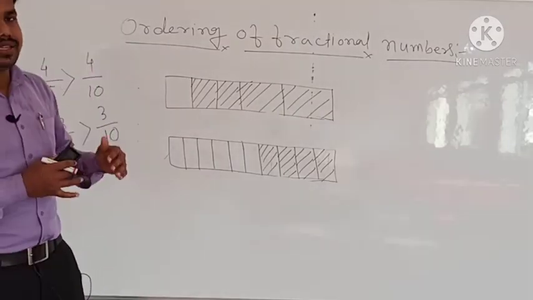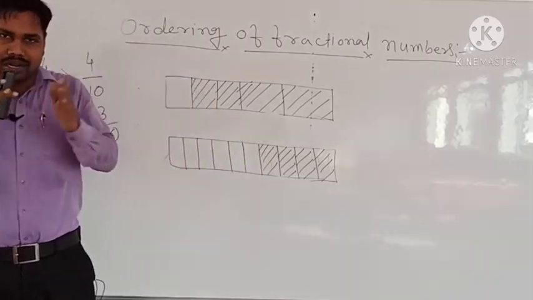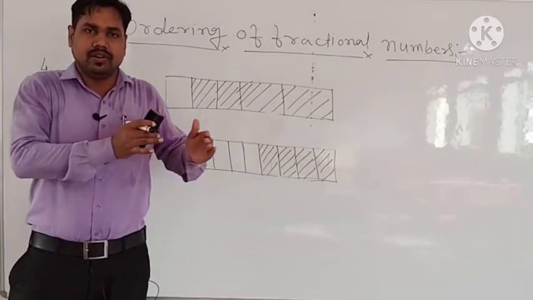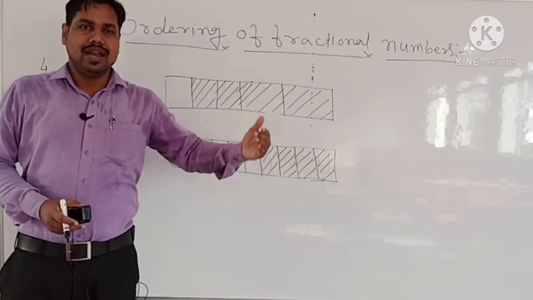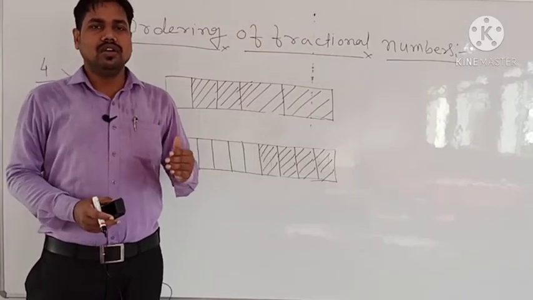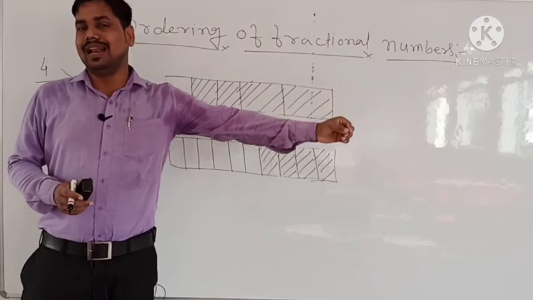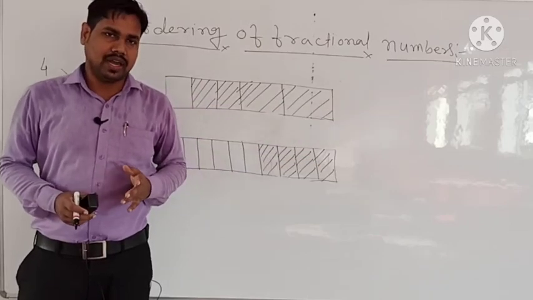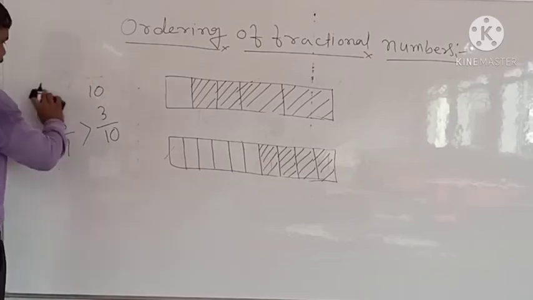Whenever you are arranging numbers in increasing order, that means ascending order, the smaller number will be first, then the bigger one, and at the last the biggest one. Descending means decreasing order. So first you write the greatest number, then the smaller, and at the last the smallest one, right? So let's see some questions which we have in this exercise in this chapter.